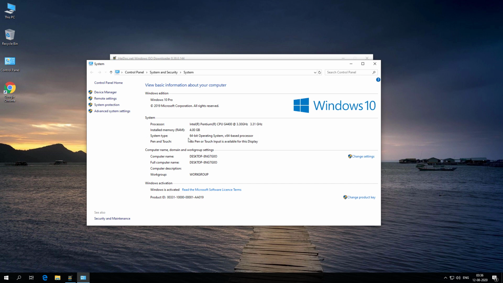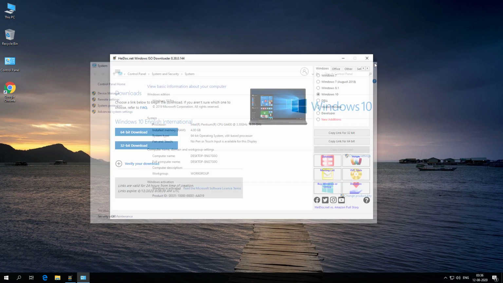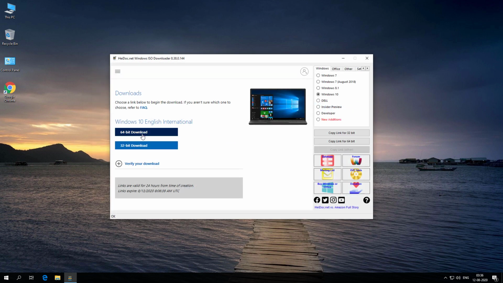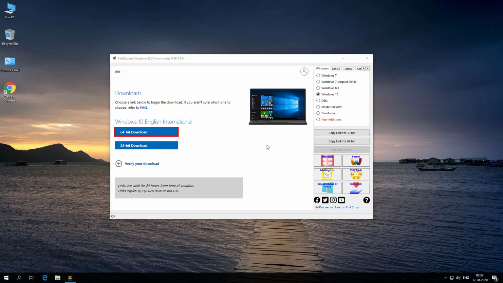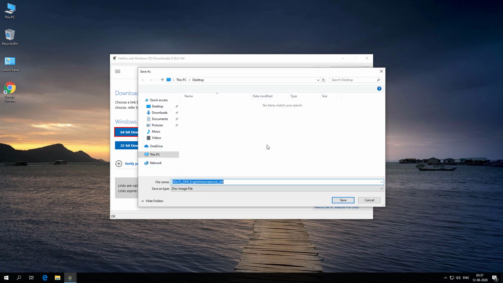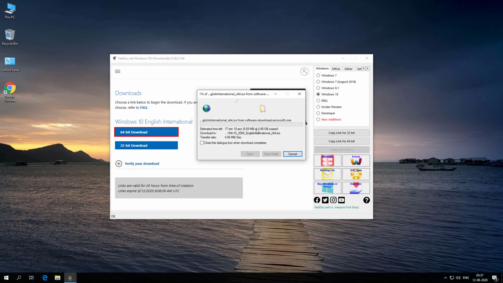I have a 64-bit operating system, so I'm going to click on 64-bit download. Click on save. Now select the location where you want to save the ISO image and click on save, and it will start downloading the ISO image.